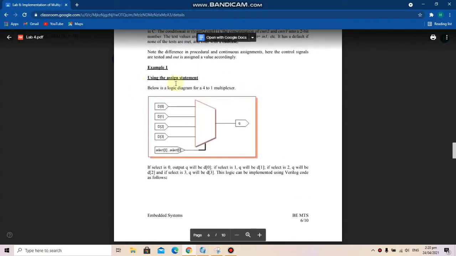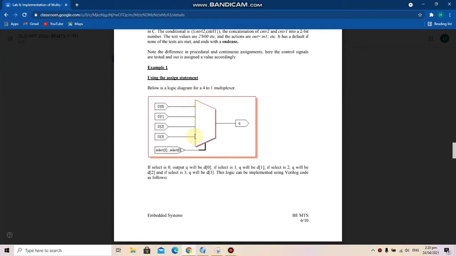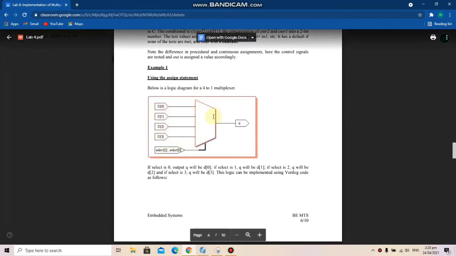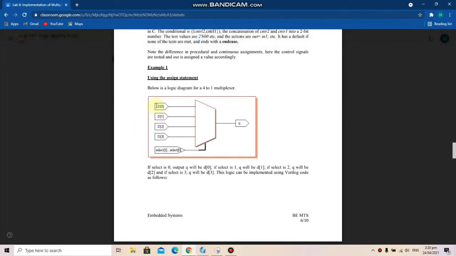Okay, so now we will be looking at an example using the assign statement to implement this logic diagram of a multiplexer. Here we can see we have made the inputs a combination of D and 4 bits. So in 1 will be D0, in 2 is D1, in 3 is D2, and in 4 is D3.